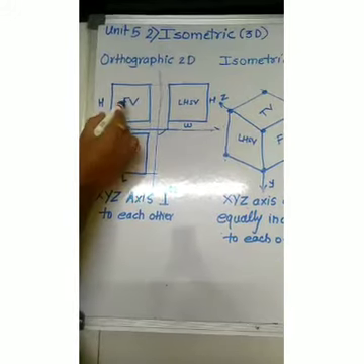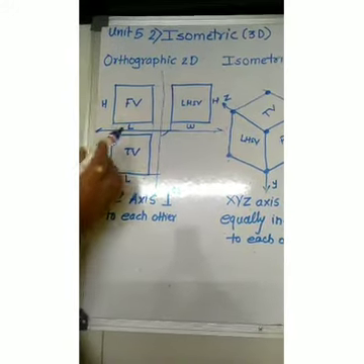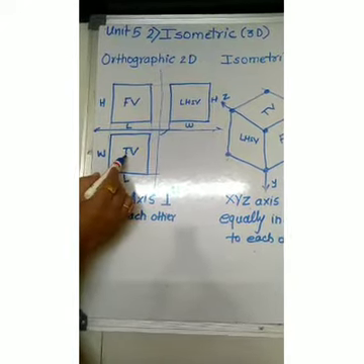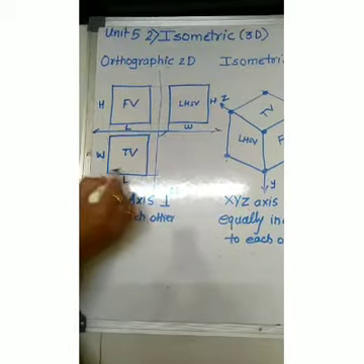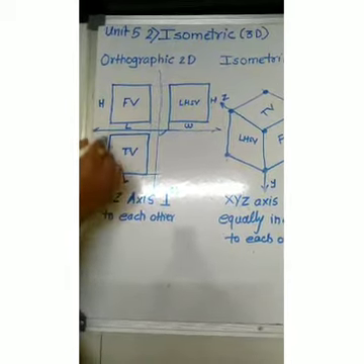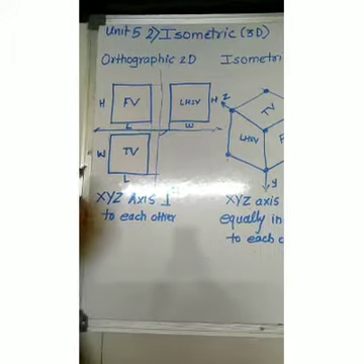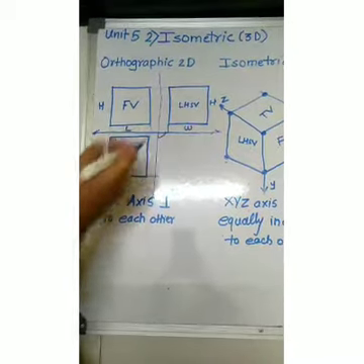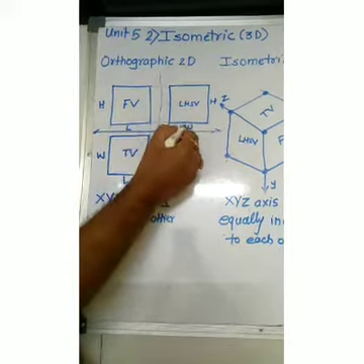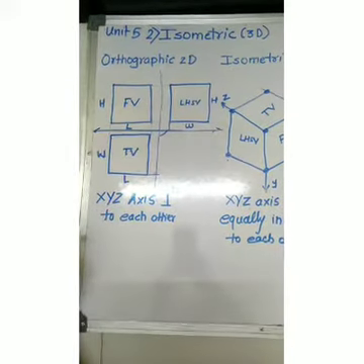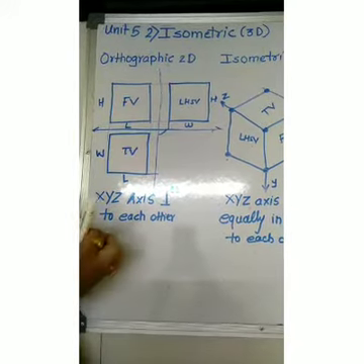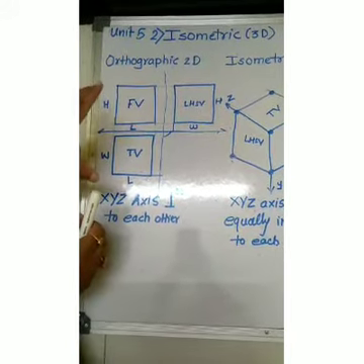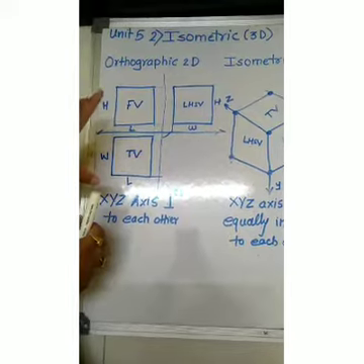For example, in the front view we can see only two dimensions, that is length and height. In the top view you can see length along the x-axis, along the horizontal, and width along the vertical. For observing the width and the height you will have to see the side view. Here I have drawn the left-hand side view, where you can see the width along the horizontal and height along the vertical. So for observing all three dimensions you need to draw the three views, or you can say with two views also you can observe the three dimensions.